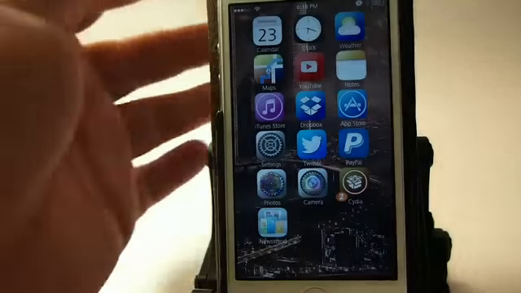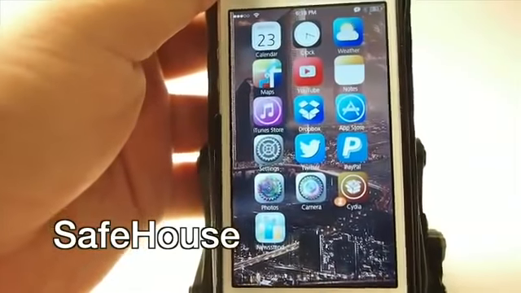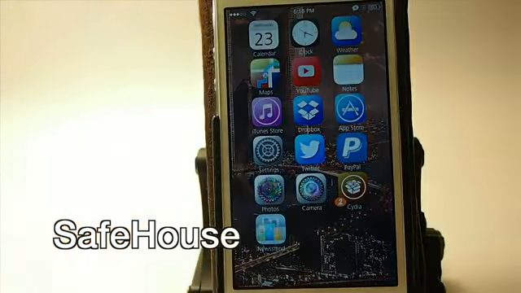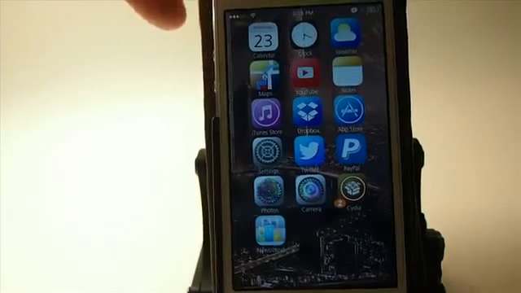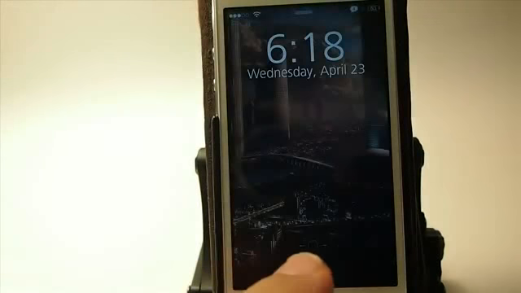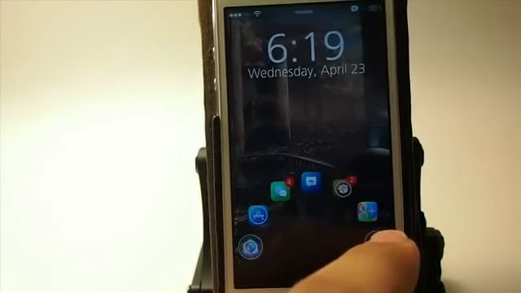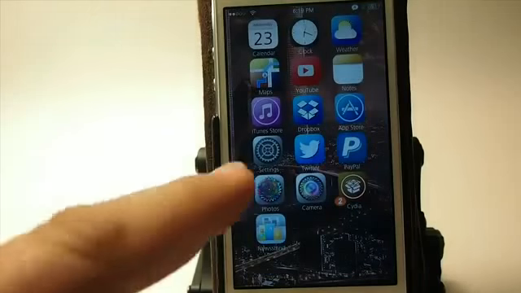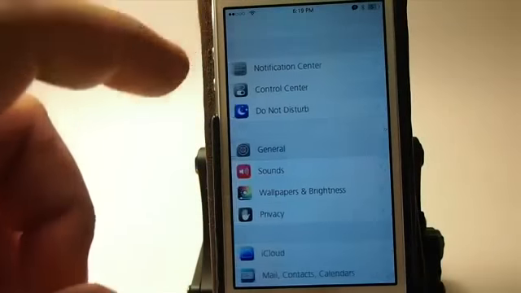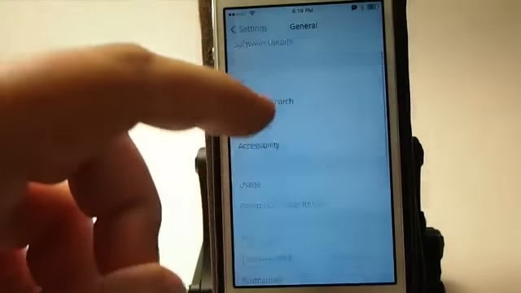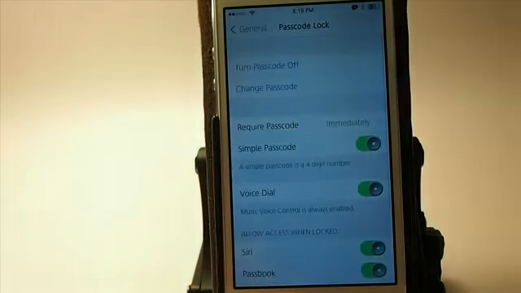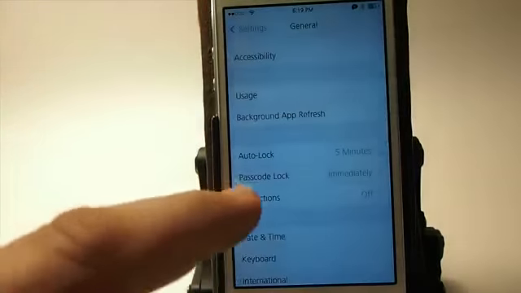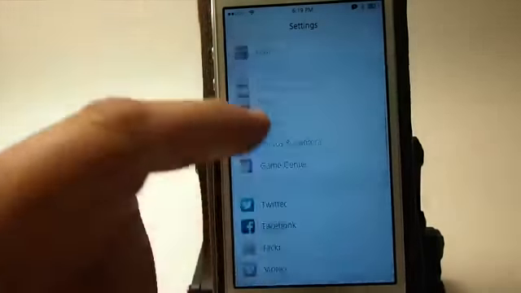This one is called Safe House, and what Safe House does is it allows you to unlock your device when you are on a safe network without entering your passcode. So right now I have Safe House turned off, and let's go in here and set our passcode right here. I've got it set to immediately. So now let's go to Safe House,